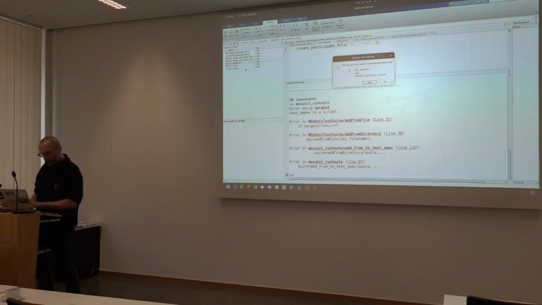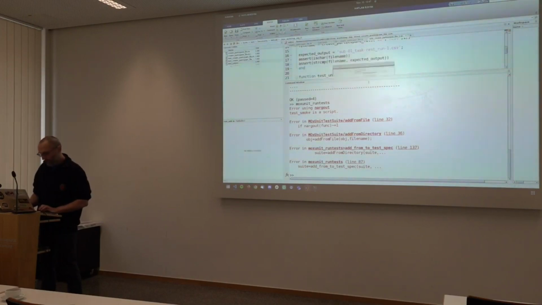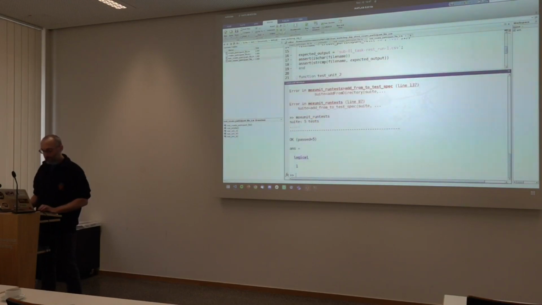We're going to delete this one because we have moved it into an actual function specialized for this. So let's also do the same with the test unit so that Mux unit doesn't complain. Okay, and now hopefully, yes. So now it has run all the 5 tests we have in all our test suites, and we're happy.